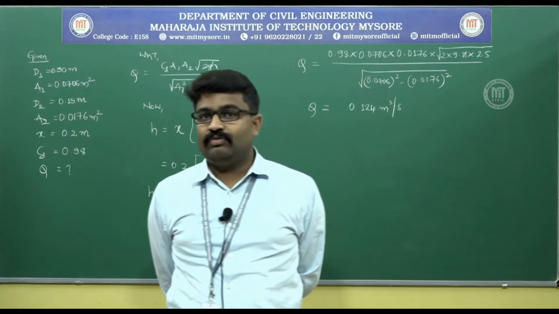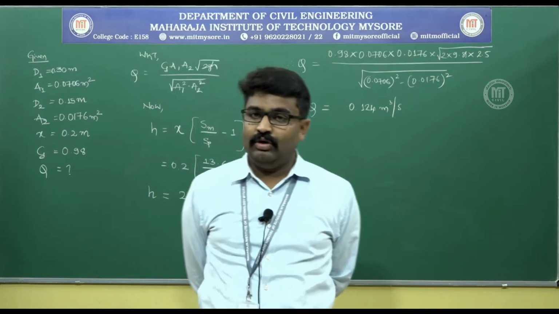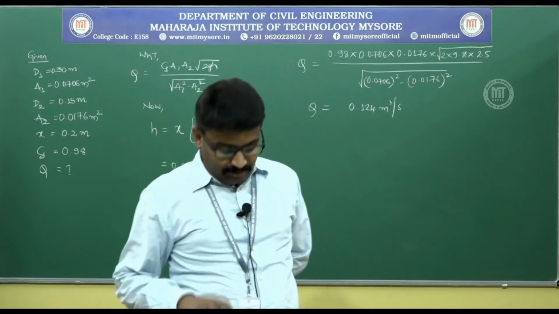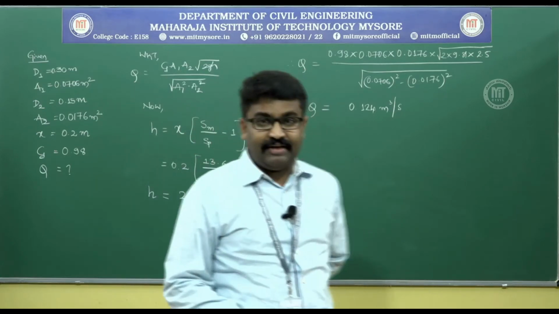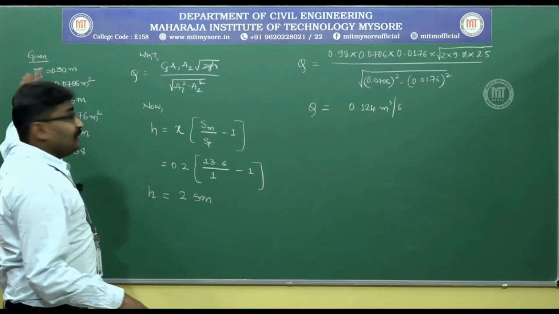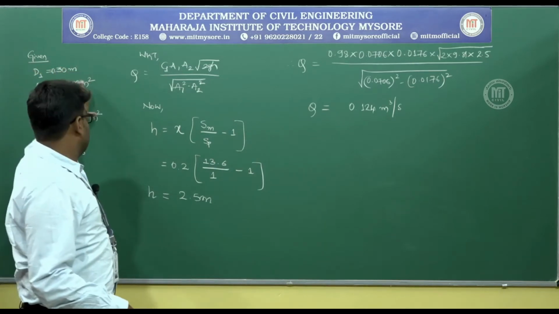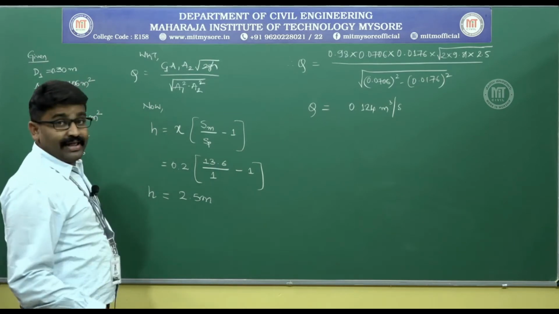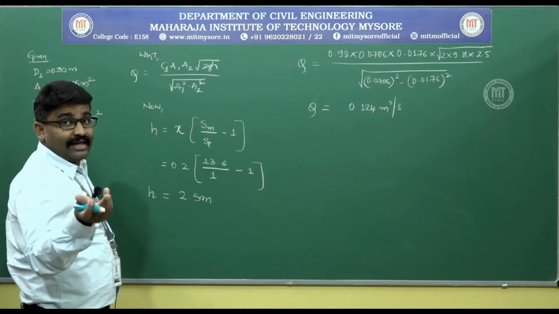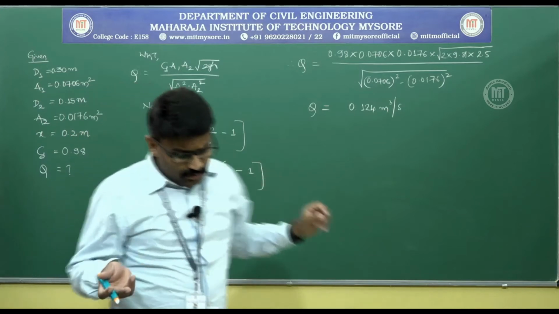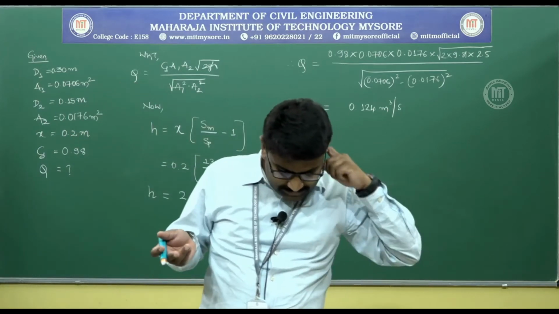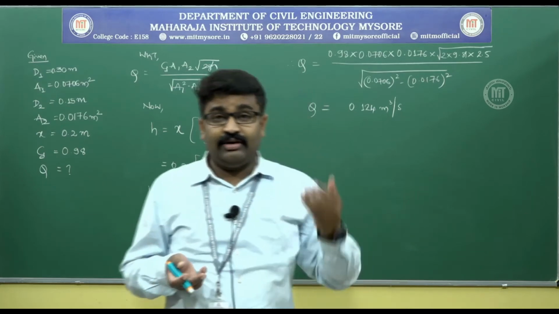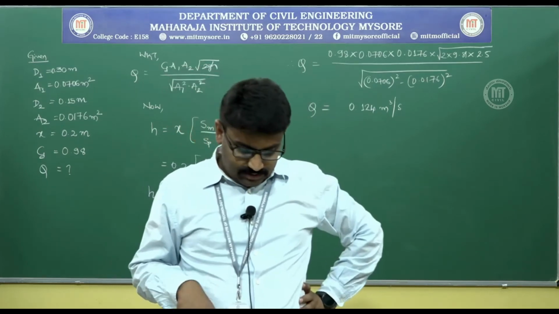You take this as homework. I will not solve it here, but I will give you enough hints. It is a very similar problem to the previous problem. Instead of water, he has given you an oil of specific gravity 0.8. Diameter is given as 20 and 10 centimeters. Calculate corresponding areas. He has not given X, but he has given straight away H. So, you will have to find out what is that.